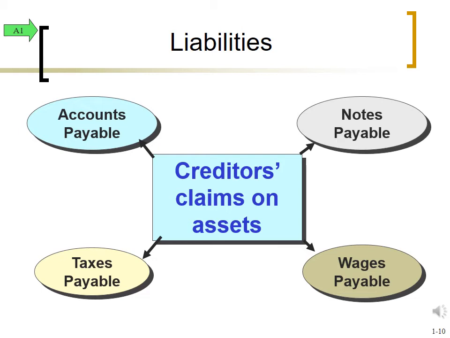And what's a common thing that you see here in this slide regarding liabilities? Notice the word that always shows up in every one of these prominent liabilities. It's payable. Anytime you see the term payable, that's going to indicate something that a business owes. Therefore, it's going to be regarded as a liability. So basically, liabilities are claims against the assets of a business, and those claims against the assets we generally refer to as liabilities.